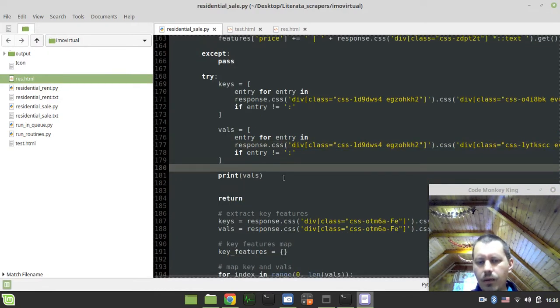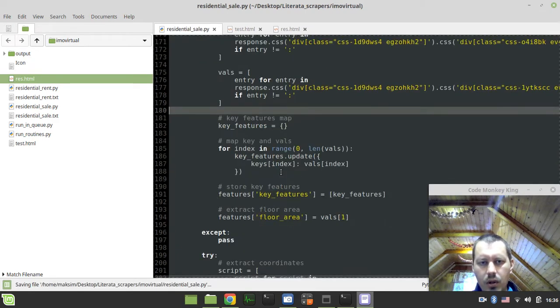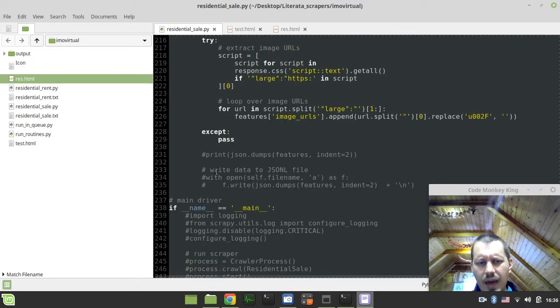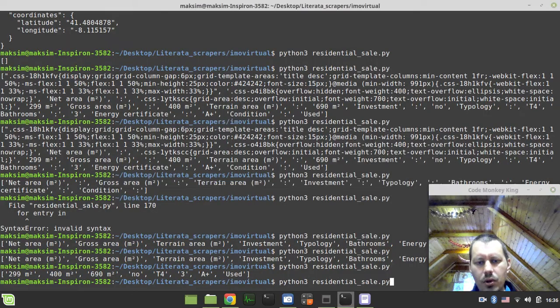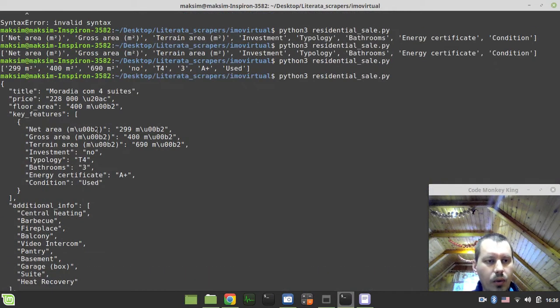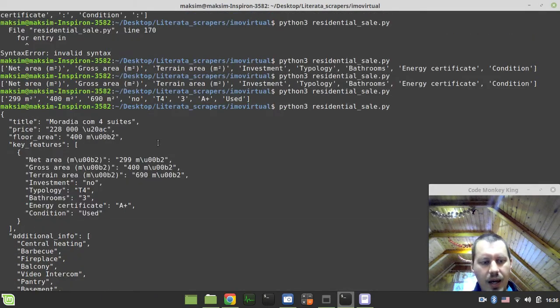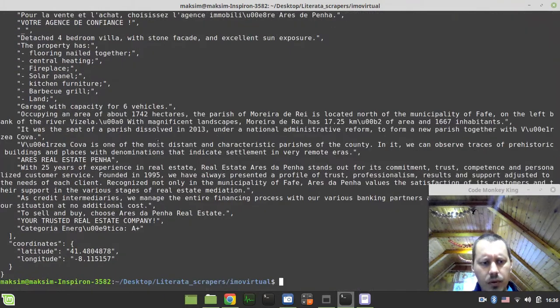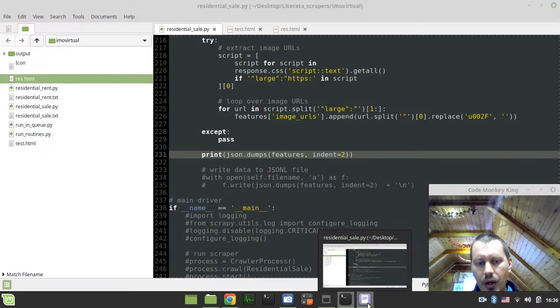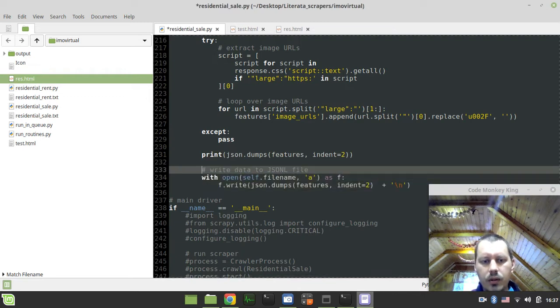So I think that from now on we can just do it like this: key features. And if I did everything properly, this should be enough already to automatically append those key features to the key features. So let's see. Yes, indeed, this works. So we got those key features being appended. And by this time, I think I can claim that the scraper currently sort of works. I'll run a few more tests to make sure everything is working, but the data extraction logic seems to be working nicely at the moment.